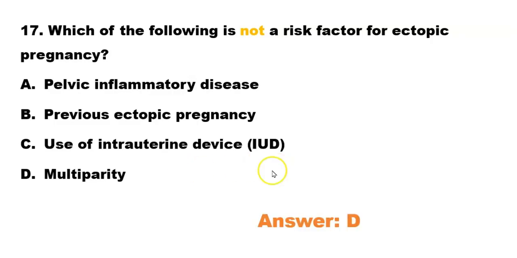If you said D, you have got it, because multiparity is not a risk factor for ectopic pregnancy, not a risk factor. The other options, you know that: pelvic inflammatory disease, previous ectopic pregnancy, and use of intrauterine devices are risk factors for ectopic pregnancy, but multiparity is not a risk factor. The next question